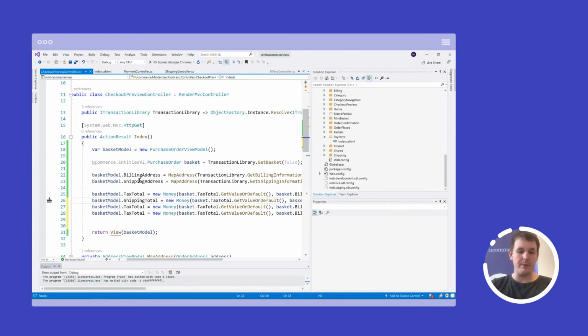So we want to map the shipping total as well. And we want to map the order total. And the subtotal.